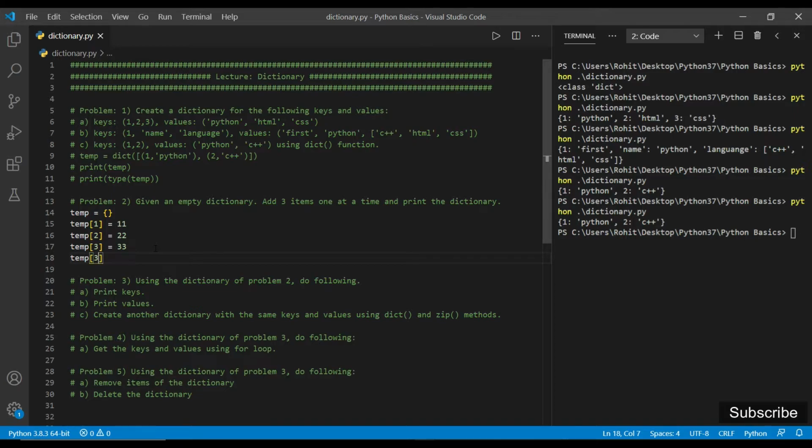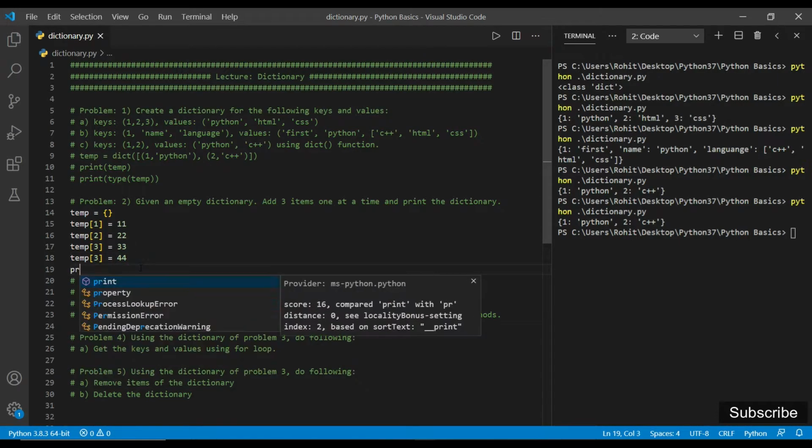Okay, so we have inserted 3 values inside the variable temp. If I write temp again with the same key which I have already used, then it will overwrite and change the existing value of that key. If I write 44 here, then we will not get the value 33 for key 3; now we will get the value 44 for key 3.